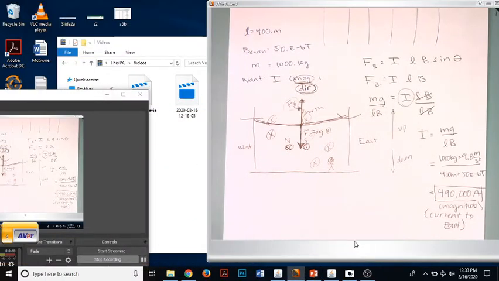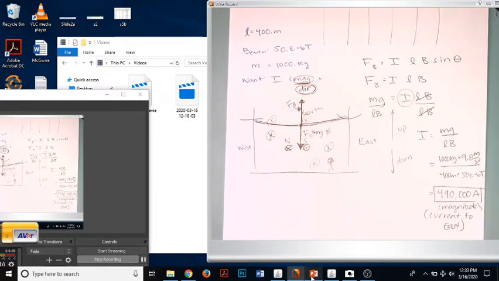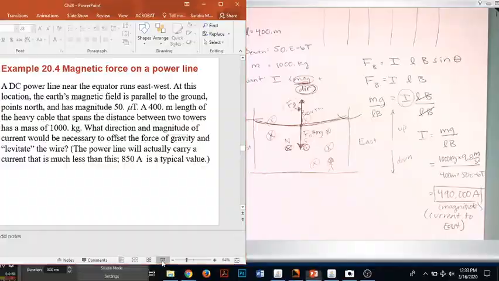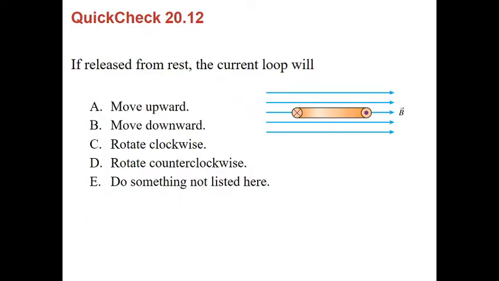Okay, so let's move on to a couple more things. So this is a review problem. I've already done this problem. We did it in class, though it's been a very long time since the last class. So if released from rest, the current loop will move, and the answer to this is that it will rotate counterclockwise. So just to remind you how that works,